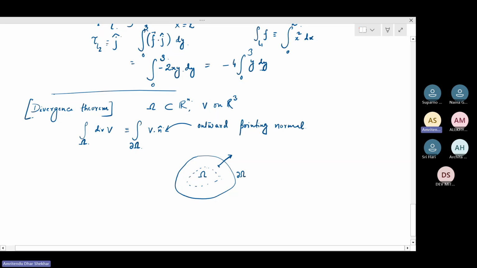So del omega is basically, assume for now, a closed surface which bounds a particular volume, which is omega. This is not a criterion for the theorem. The theorem holds for more arbitrary domains also. But for now, assume that you have a closed surface which is the boundary of this volume omega. Then n cap must be the outward facing normal.